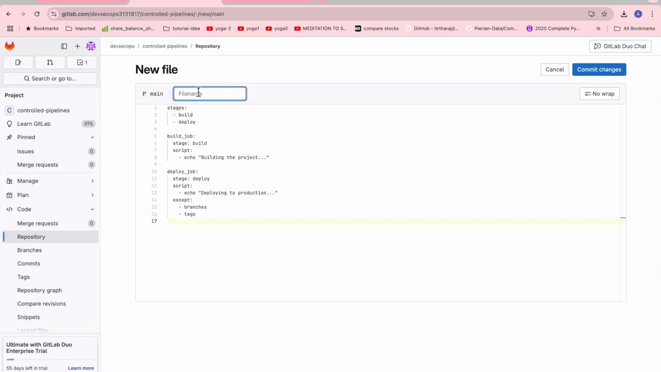Okay, so the file name again we need to give as .gitlab-ci.yml so that it will be recognizing that it should pick up the contents from this file and execute the pipeline. So what it contains is two stages: build and deploy. So in the build and deploy job and the stage here, we can see the keywords are here, and then